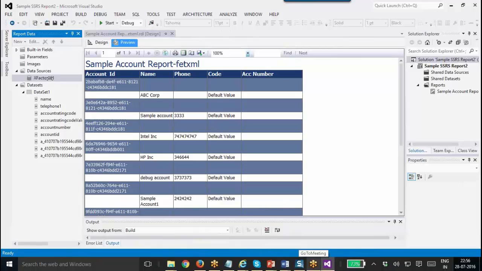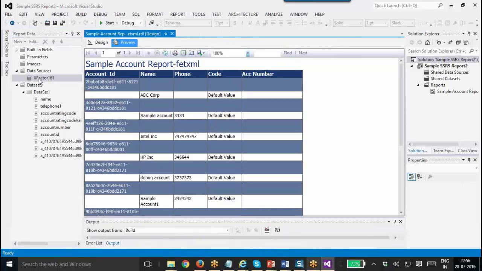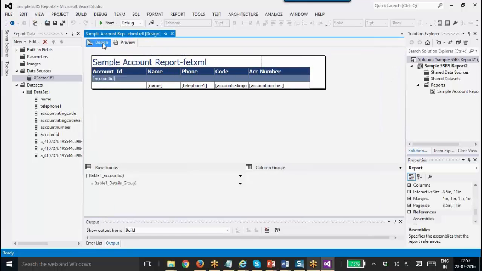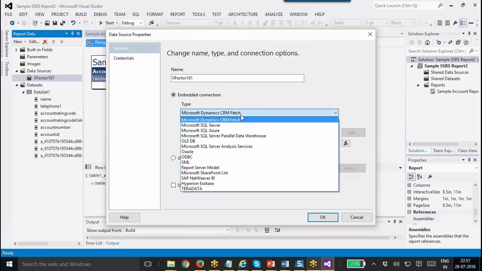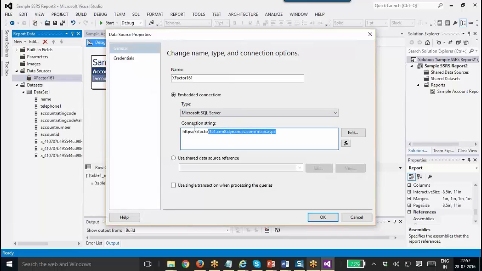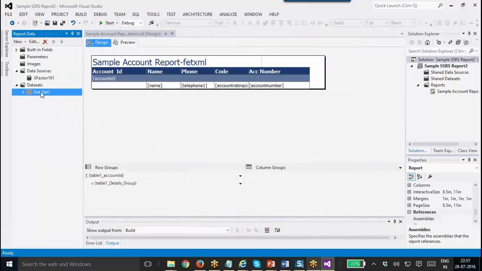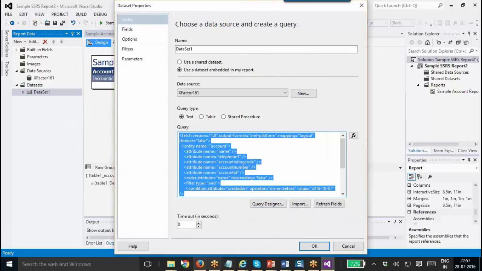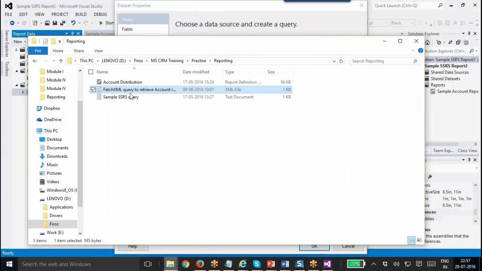So here we have the data source. Once you go to data source properties, you can see. So you can even change it. I can change it back to SQL server, then give the connection string to SQL server, give the credential. So then you need to mention a SQL query here in the data source. Once you come to the properties, here instead of giving the fetch XML query, you need to mention a SQL query. For example,